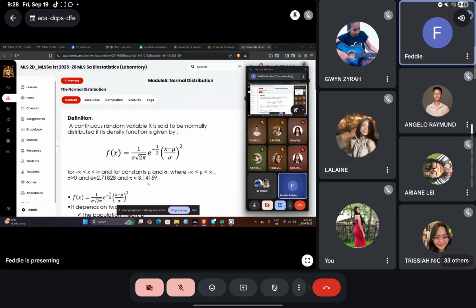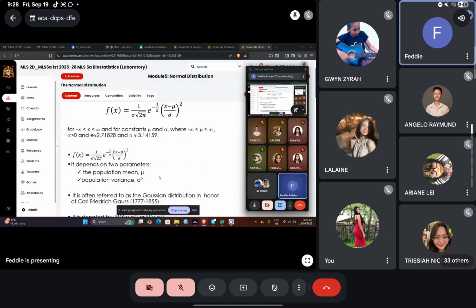Based on the equation, let's not focus on how it is given. Let's focus on how it is used, on how it is applied to problems. This is just the notation for the normal distribution. Actually, this is the equation of the graph we call the normal curve. If you substitute any value and trace the graph using this formula, it will give you a normal curve.